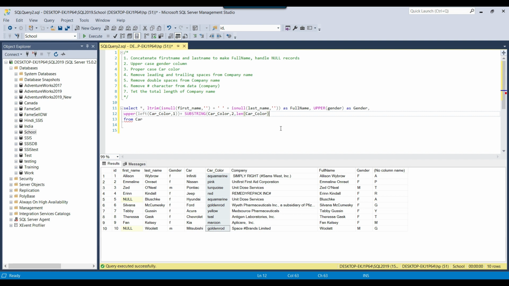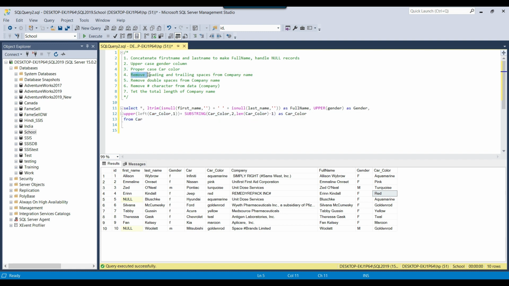Okay, and we can use the -1 because we are getting the data from the second position, so we need one less character. Okay, so I can close this one, and we can call this new column car color. This will be the new name of the car color with the proper case. So now you can see that the pink got converted correctly, and red also got converted correctly. So this is how we can do the proper casing for the SQL Server column.